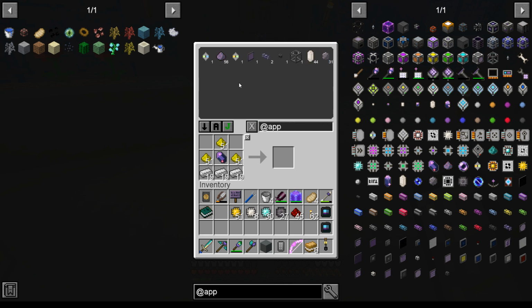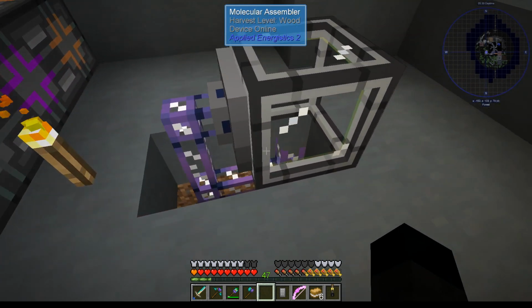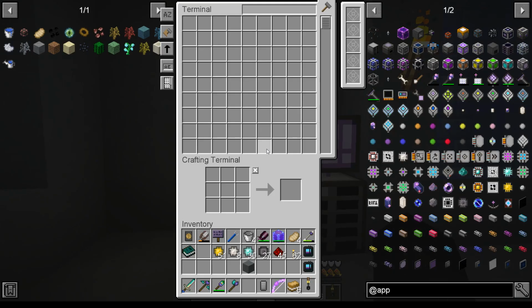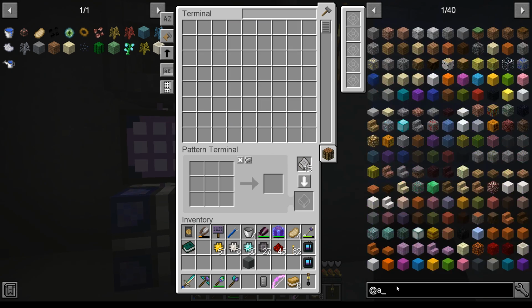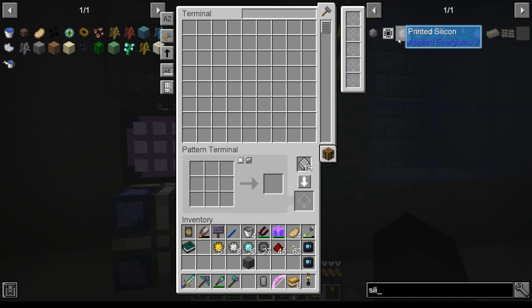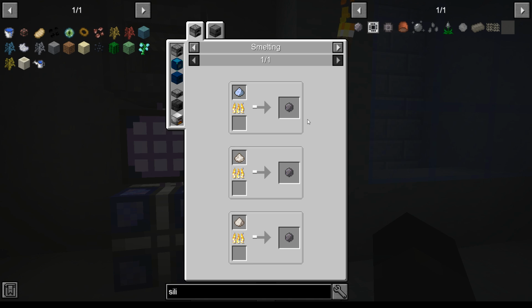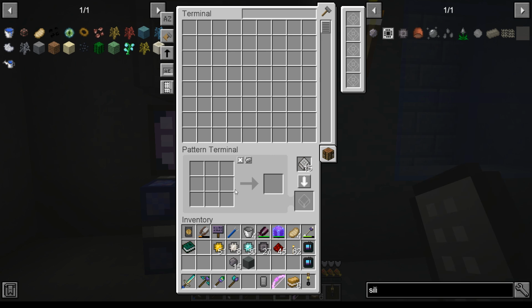Applied. Cable, that will go. This bit isn't necessary for these. What we need to do is basically say, if I want to make a silicon, one of those, what I need to do is take a piece of silicon, and it would be easier if I had a piece of silicon, perhaps. There you go. So this is going to be a, hang on,